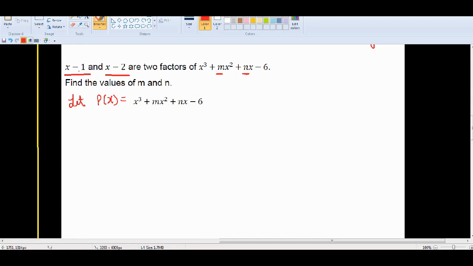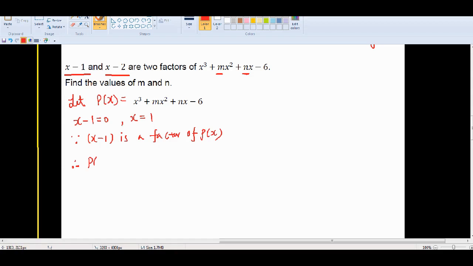Then we are going to deal with the first factor, which is x minus 1. I'm going to make x minus 1 equal 0, so I'm going to have x equals 1. Then I argue that since x minus 1 is a factor of px,